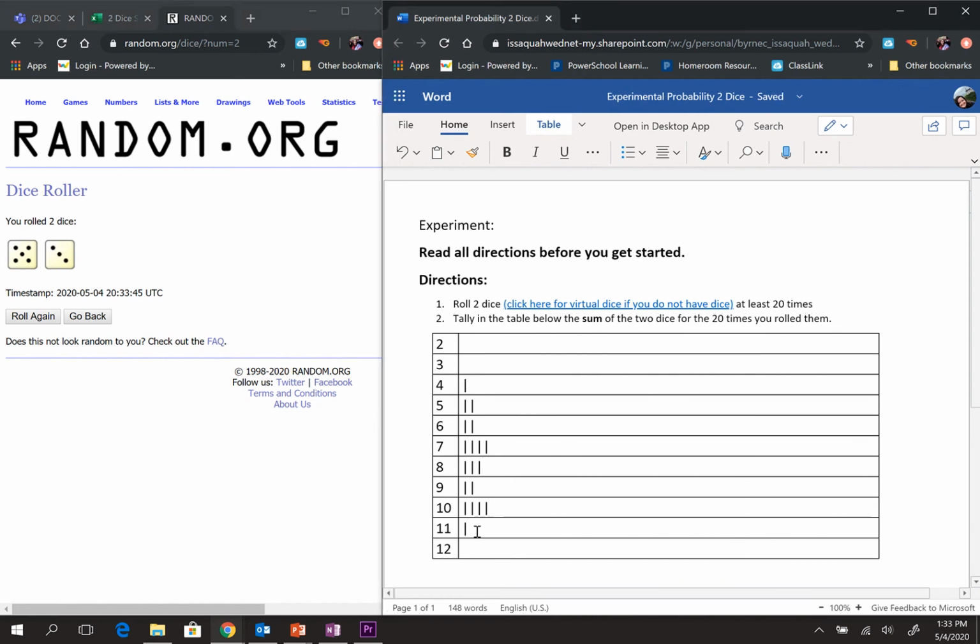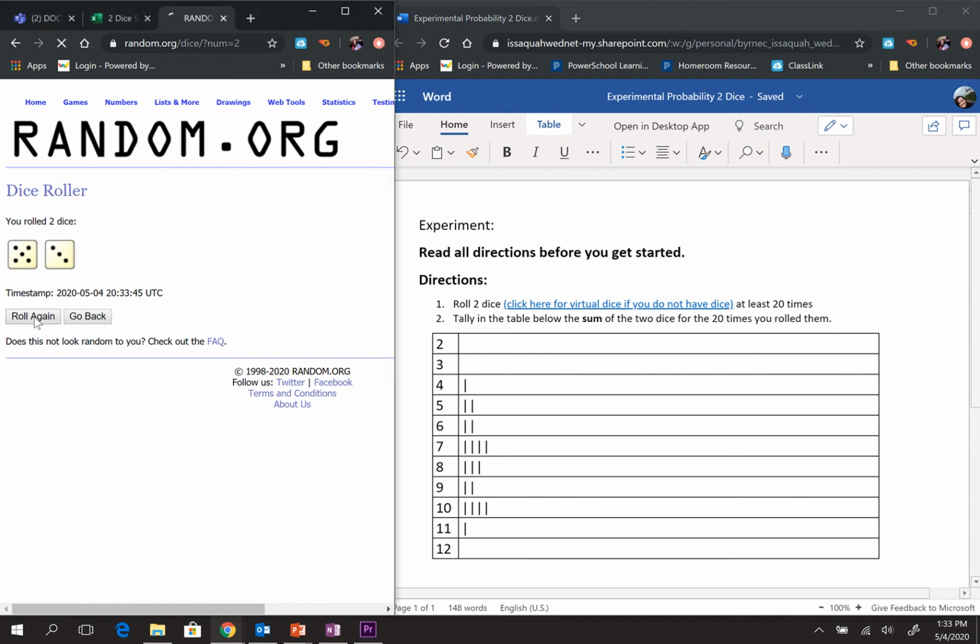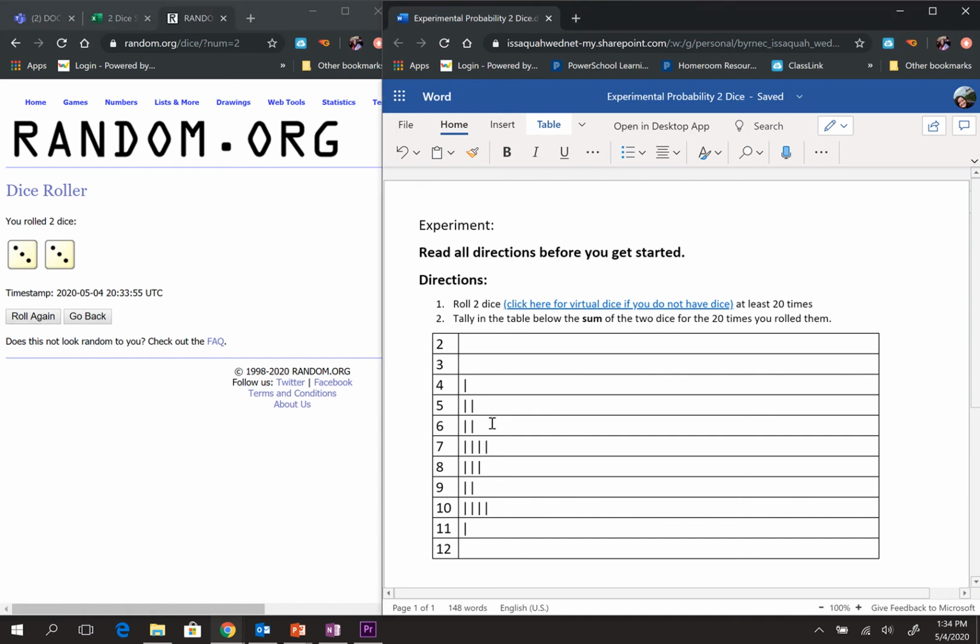Let's count one more time. 4, 5, 6, 7, 8, 9, 10, 11, 12, 13, 14, 15, 16, 17, 18, 19. One more roll. And 6. Okay. So I've finished my 20 rolls, I think. We'll double check here when we get to our